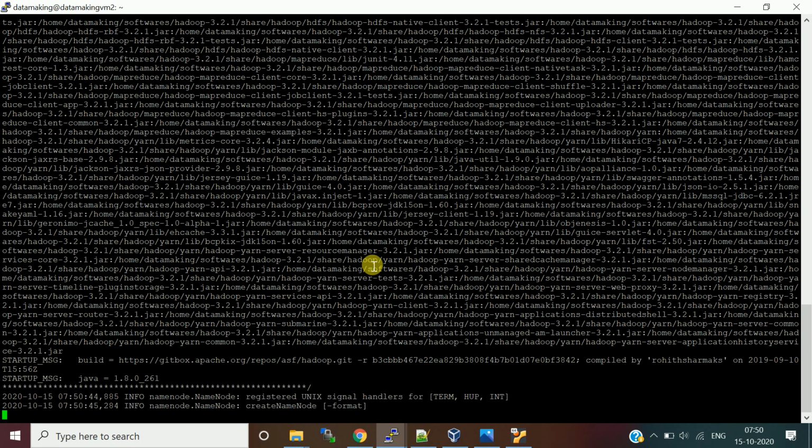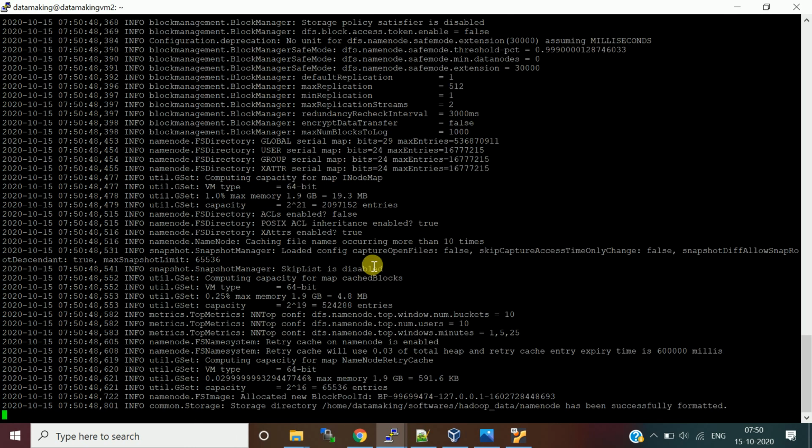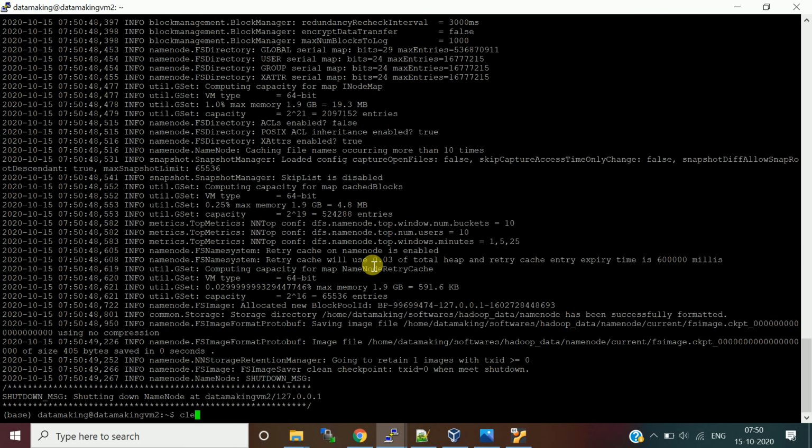You should be careful when you do this operation, as it is going to wipe out all your HDFS data. I'll say hdfs namenode -format. So it is formatted. Now let's start HDFS again with start-dfs.sh.